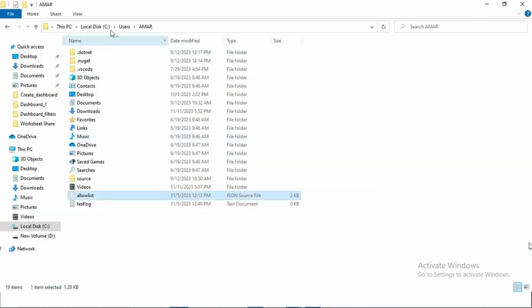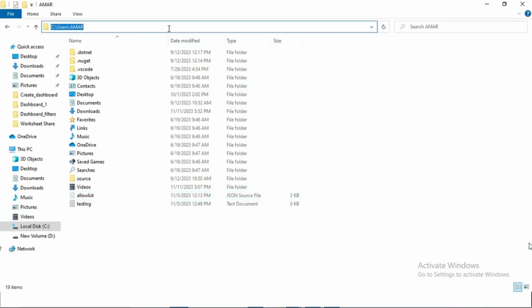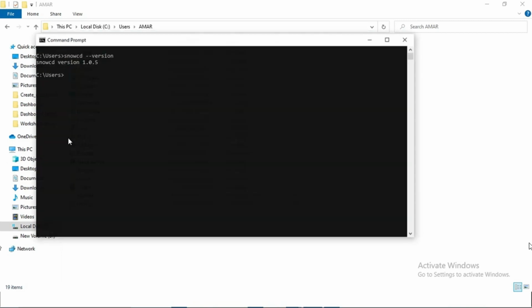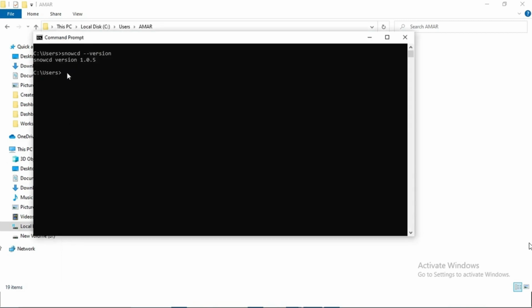I have saved it over here in my local users folder. This is the file which has all the endpoints and the ports which are whitelisted for Snowflake. Now I will copy this location and go to the command line prompt, then type snowcd and the location of